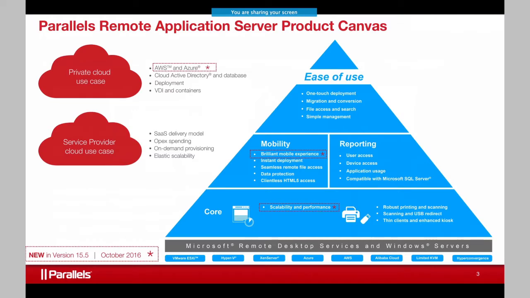When we talk about Remote Application Server, we made significant improvements in version 15.5, as I mentioned back in November, on the scalability side, the experience side, and printing. But in the session today, which covers features very useful for private cloud customers and service providers, we added a few features related to delivery, or end user experience, and features that will help administrators use Remote Application Server more easily and integrate with their backend infrastructure